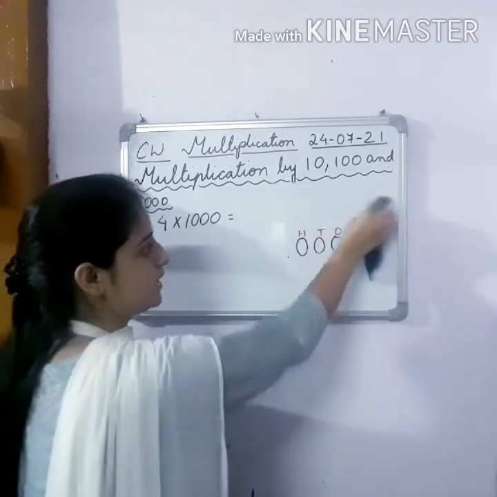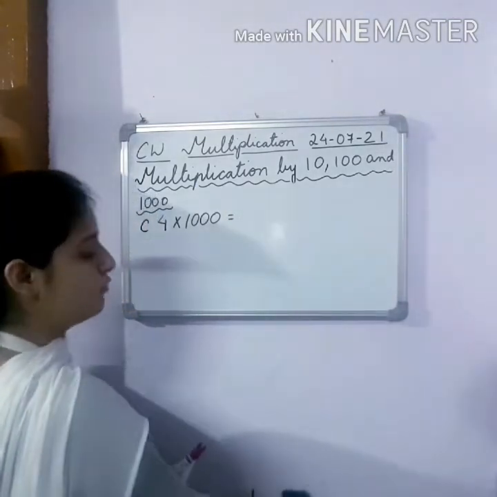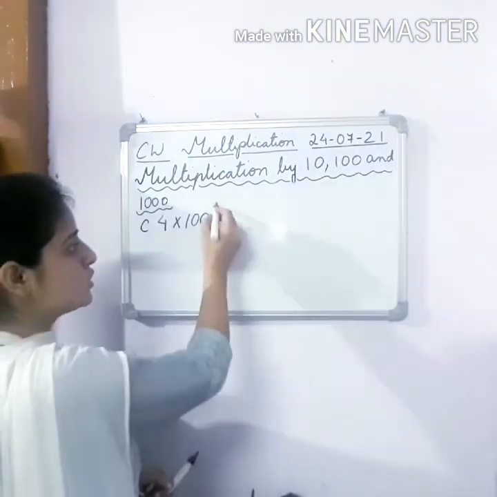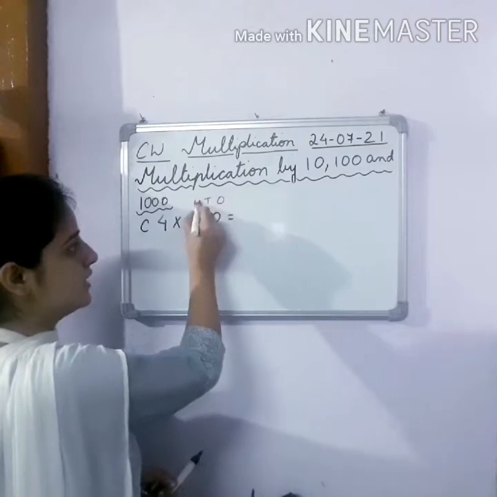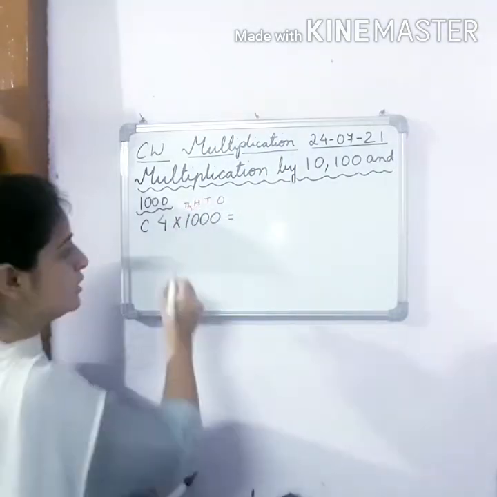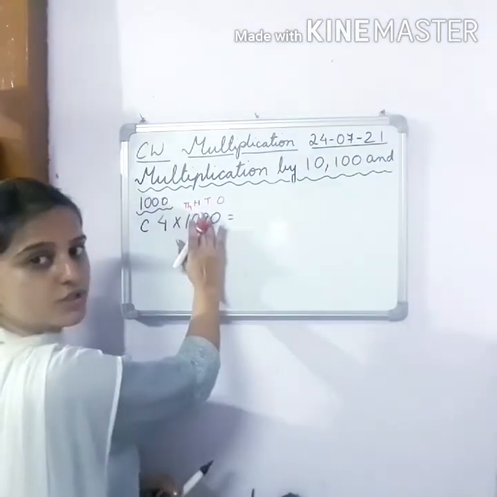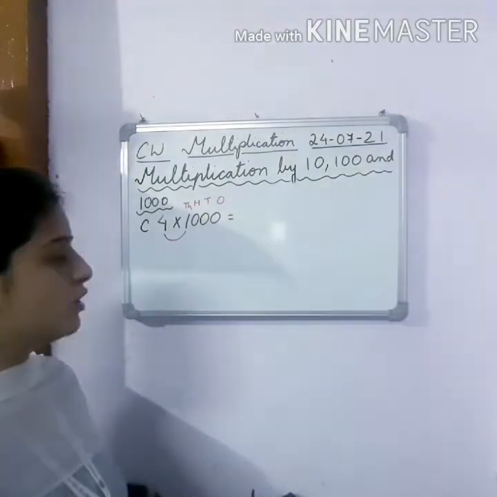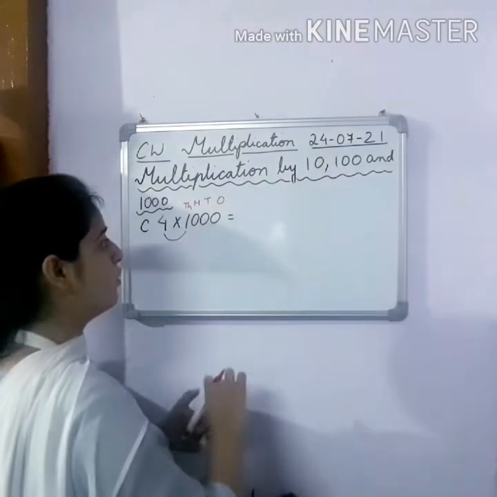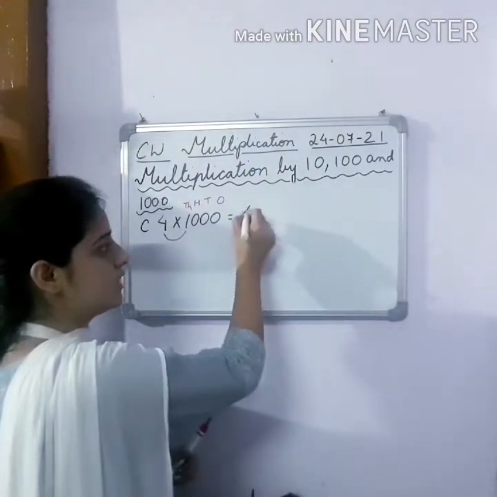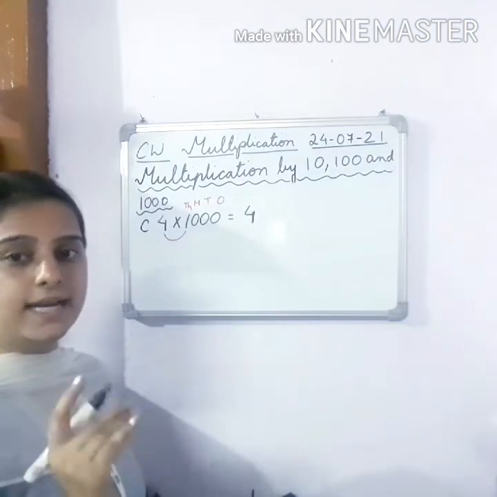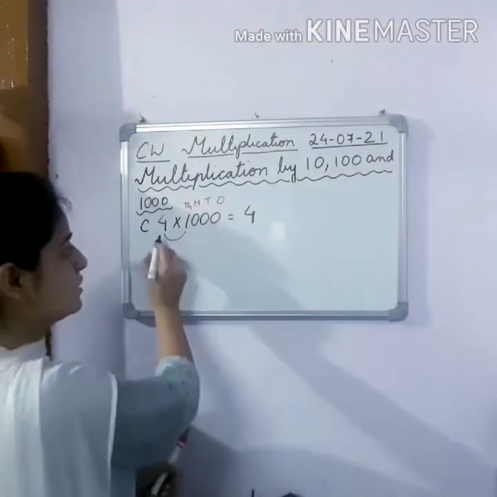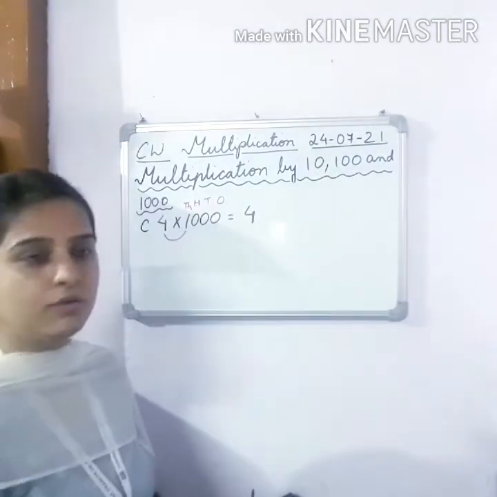So this is by repeated addition. 4 into 1000, that is 4 multiplied by 1000. So 1000 children, ones, tens, 100, 1000, 4 digit, right? So don't see zeros, children, see the number 4 and 1. So 4 multiply 1 is what? 4. Right? 4 ones are 4. You know the property that any number multiplied by 1, the product is the number itself. So 4 multiply 1 is your 4.